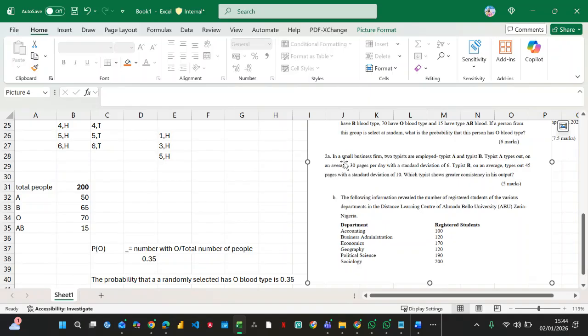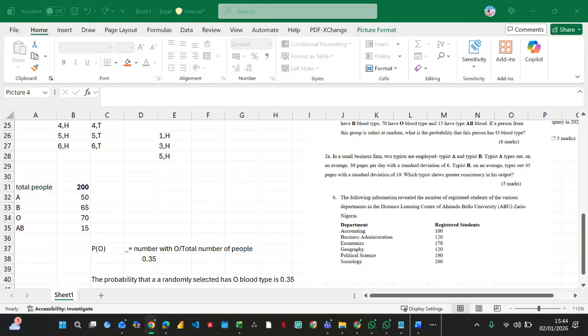Okay. So should we try number two? Should we do number two? Okay, we'll try number two then. Number two is kind of okay. Number two says, in a small business firm, two